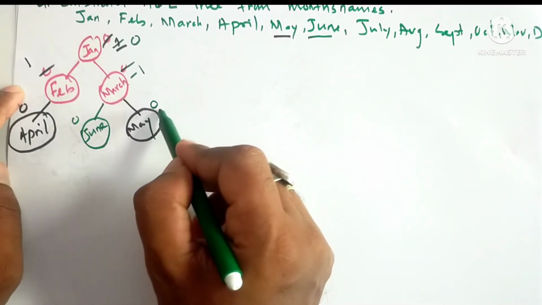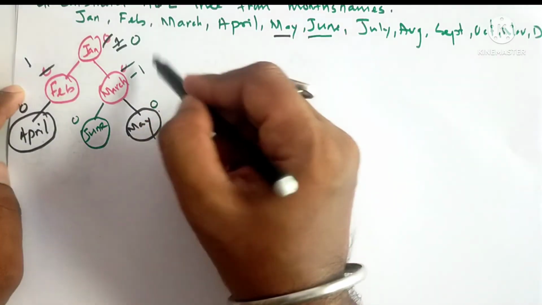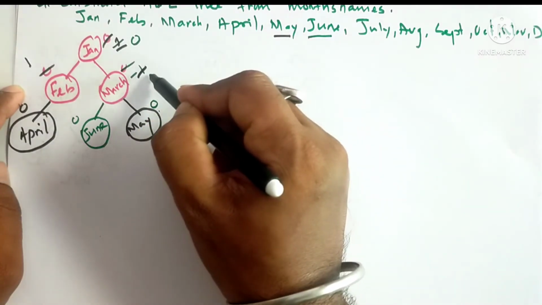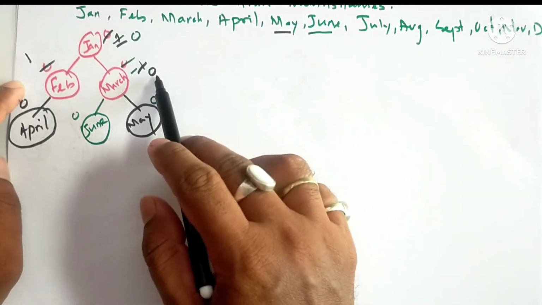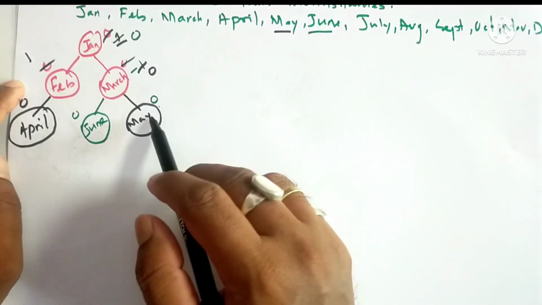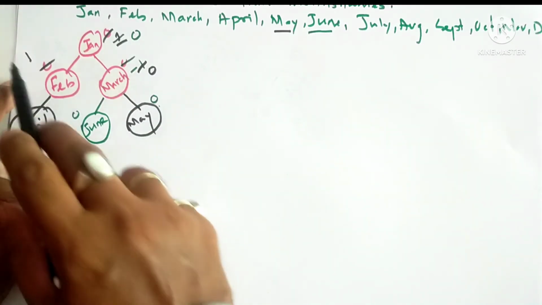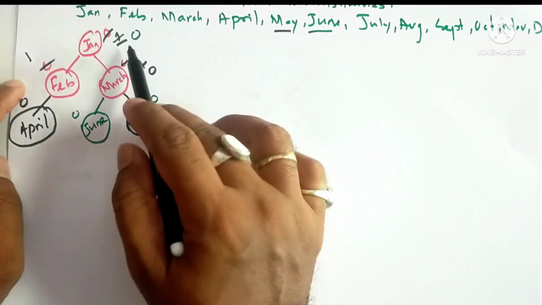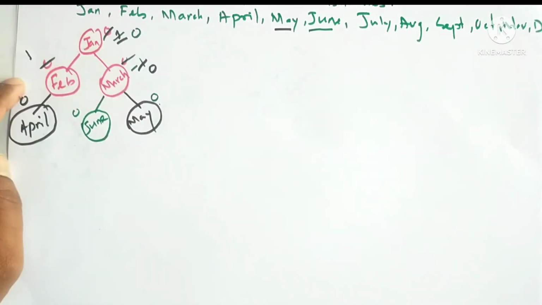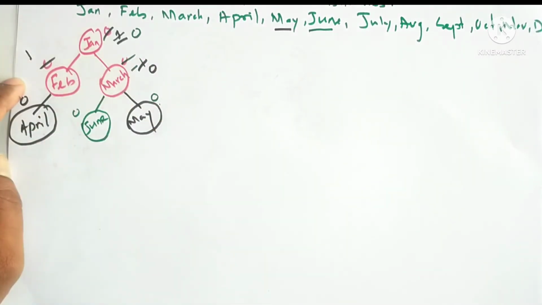May is 0. March is no longer minus 1, so you can write its balance factor as 0. Left side is 1, right side is 1, 1 minus 1, 0. April is 0, February is 1. January, left subtree is 2, right subtree is 2, so still it is 0. So every node's balance factor is lying within the AVL tree range,